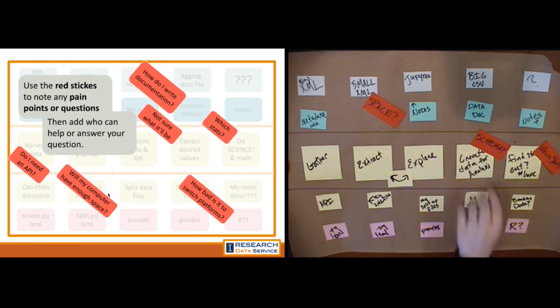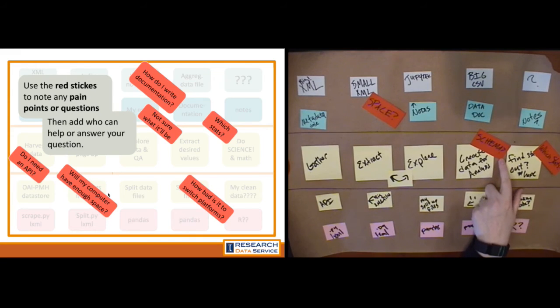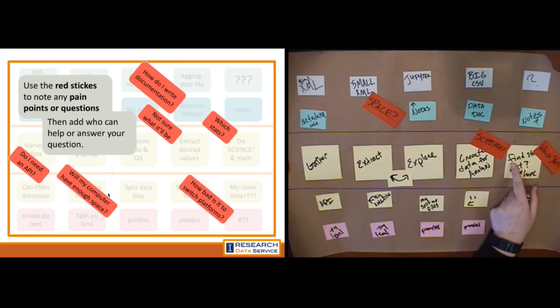As you're writing down these pain point statements, next to each, write down a note of who can help you with that question. This might be another human. This could be your PI, an IT pro, your students, a colleague, a friend. The goal is to identify the issues you think you're going to have and note, hopefully ahead of time,